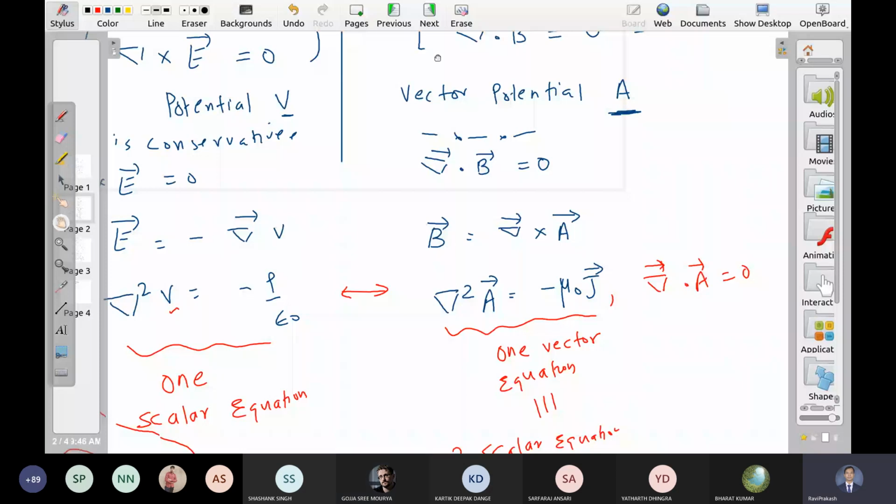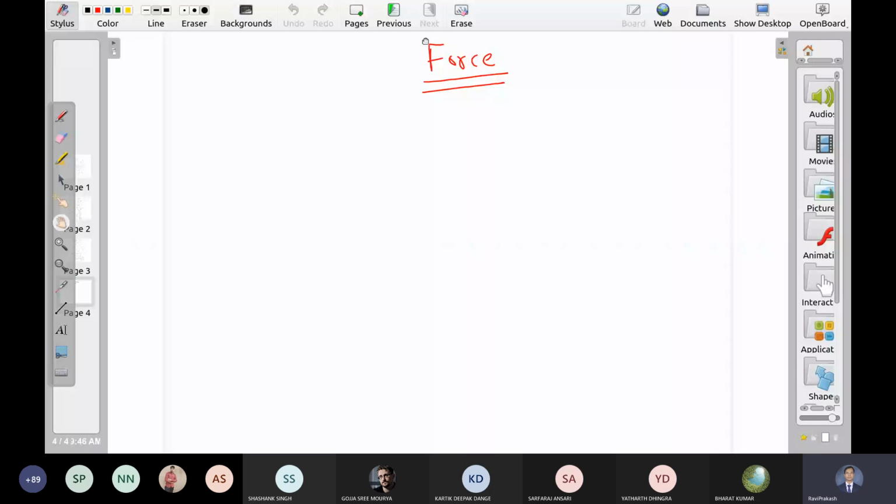In electric field, until now we learned about the behavior of fields, but what effect do they produce on charges? So it's a two-way thing. If we have charge, they produce electric field. If electric field is there, they affect charges. Same thing is here. If we have current, they produce field. And if there is a field, it affects the current. And obviously that effect appears as a force.